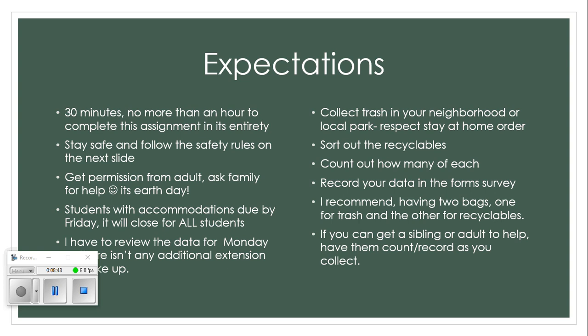Or you can do it when you get home. Dump some of it out. If it's gross stuff, you don't necessarily have to dump it, but in your driveway or in a space where it's not going to be a super mess and adults will be mad at you, dump it out and sort it. I recommend sorting it as you go. That's how I've done it with students. As you go, is this recyclable? Yay or nay? Okay. Once it's in the trash, you're probably going to leave it alone, and you might go back